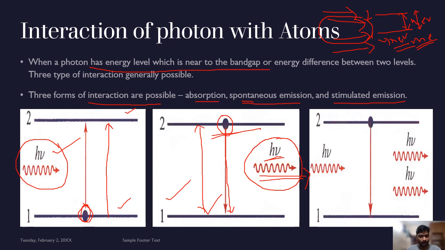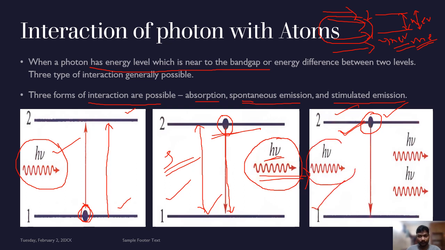So this is the emission, spontaneous emission. This part is the spontaneous emission. This one is spontaneous emission, and the third figure is the stimulated emission. In stimulated emission, what we are basically doing is stimulating this electron to migrate from level 2 to level 1, and in that